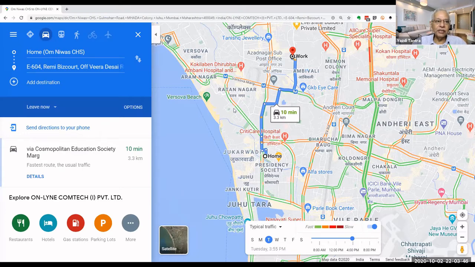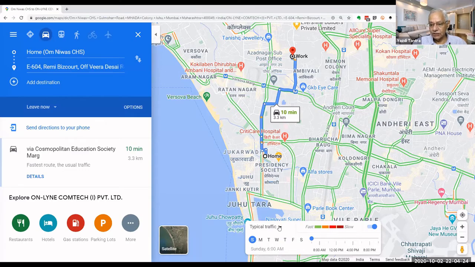So whenever you say traffic and you see all the traffic positions, suppose you go on a Sunday, then see what happens. Everything becomes green, because on Sunday, maybe even early morning, say Sunday at 6 a.m., almost everything is green. Can you see that? The entire thing can change depending on, one, the live option, second, the typical traffic on a day of the week and the time of the day.